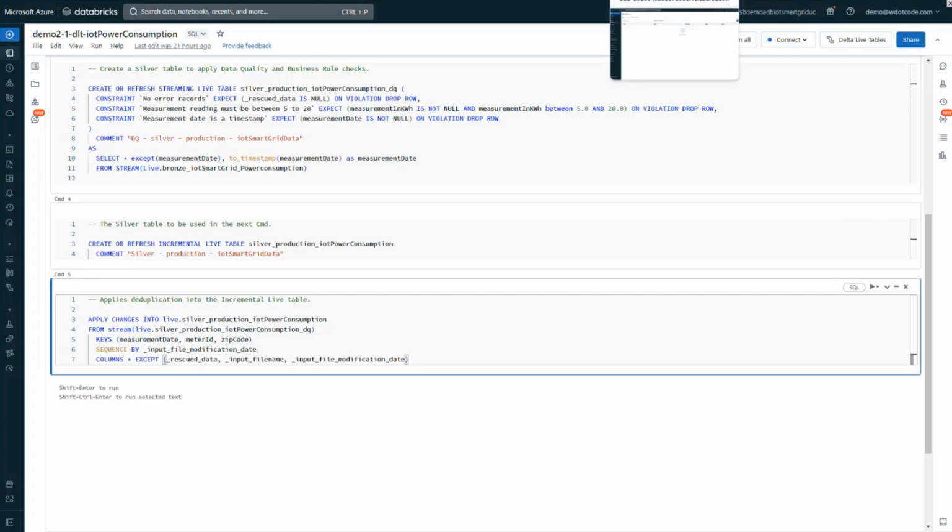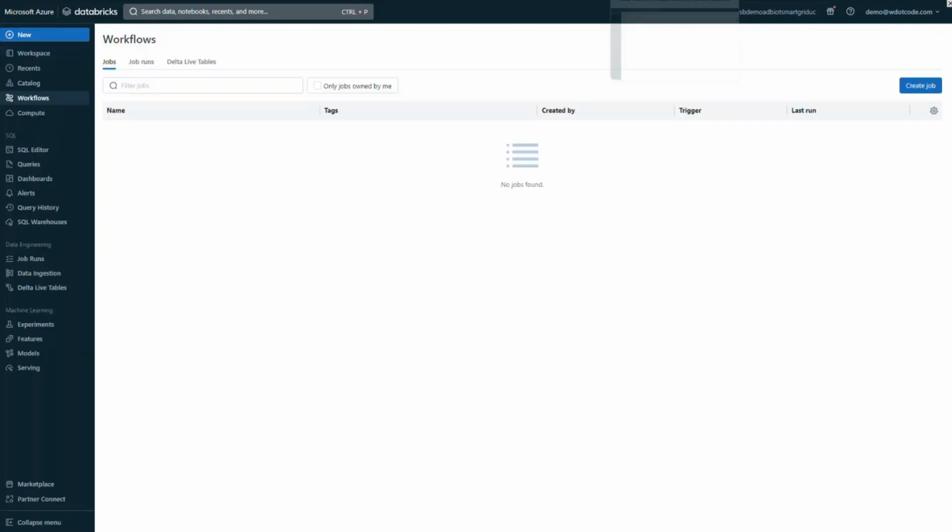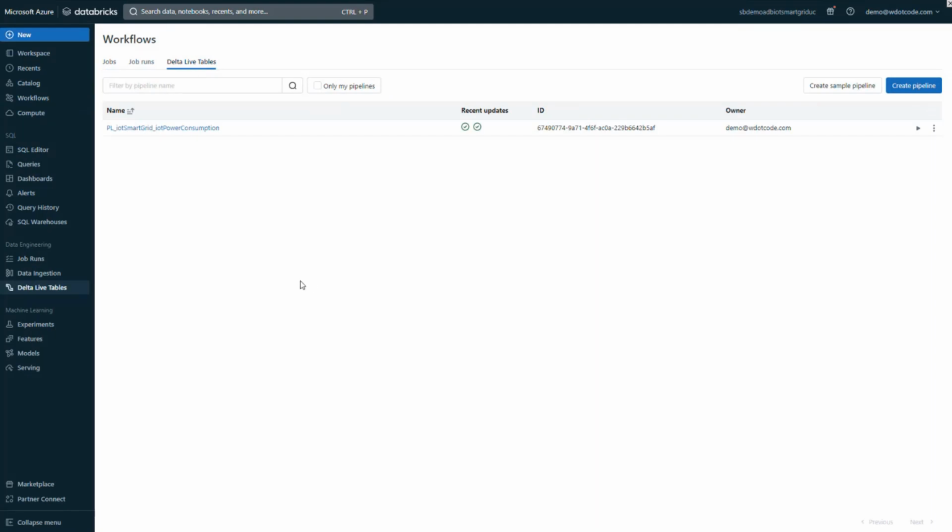Okay. Now with that, we will jump into the workflow and see how we need to set up the pipeline to run. Because like I said, we cannot run that notebook on its own. So in Databricks, you can go into the workflow, and there's a Delta Live Table workflow here that you can define. And the tricky thing is when you define a pipeline,